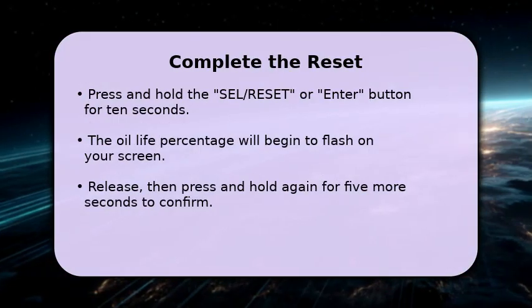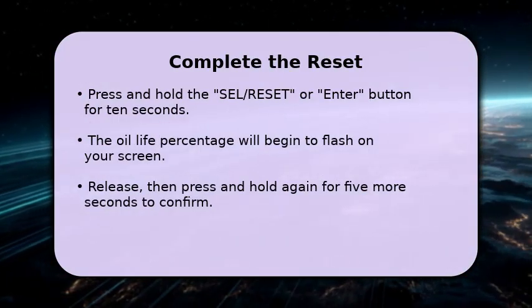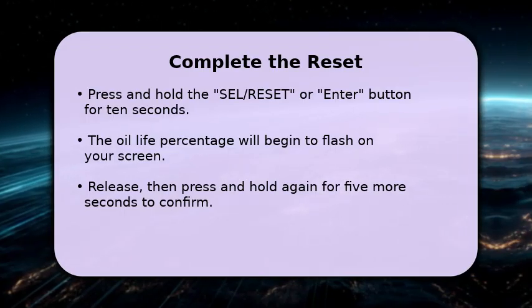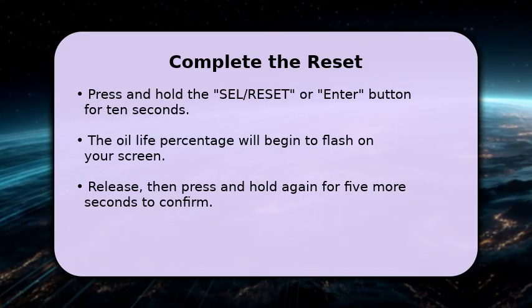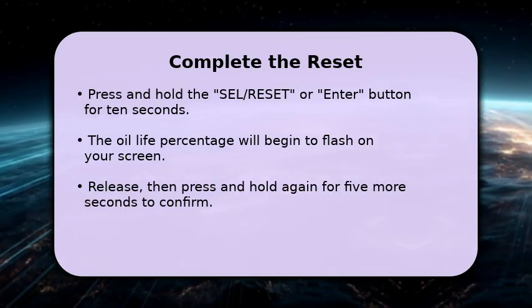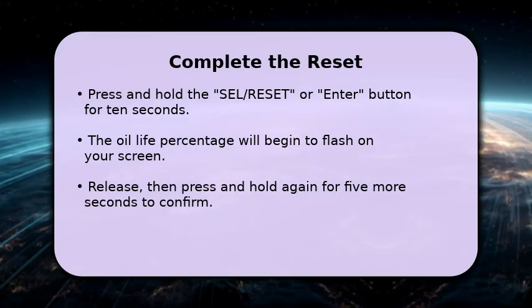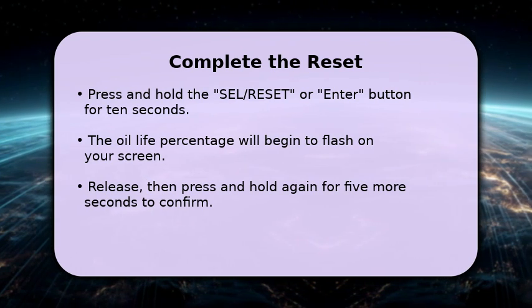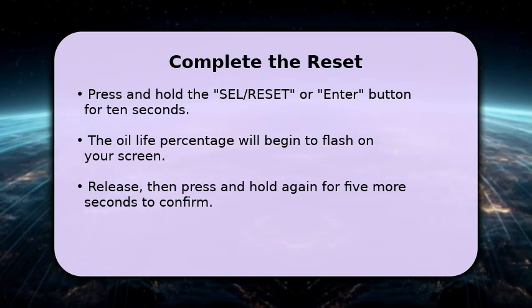To complete the reset, press and hold the Select/Reset or Enter button for about 10 seconds. You'll notice the oil life percentage start to flash. Release the button, then press and hold it again for approximately 5 seconds. The display will then reset to 100%, confirming your oil life has been successfully updated. Finally, turn off your ignition to save the new